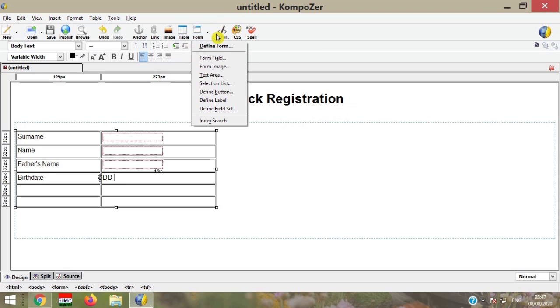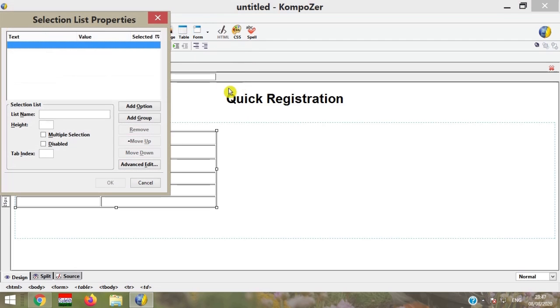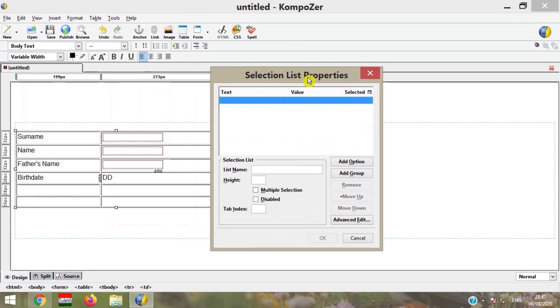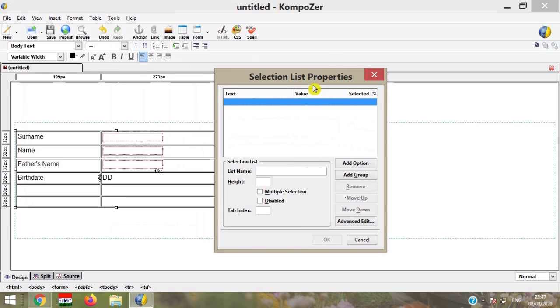To create a pull down menu, we have to select a selection list. Then in the selection list property dialog box, write the list name date, and then use the add option. Texts are available here; then add all the dates.